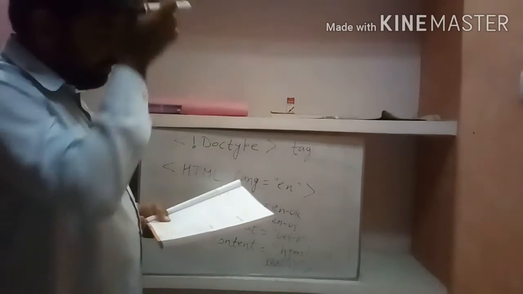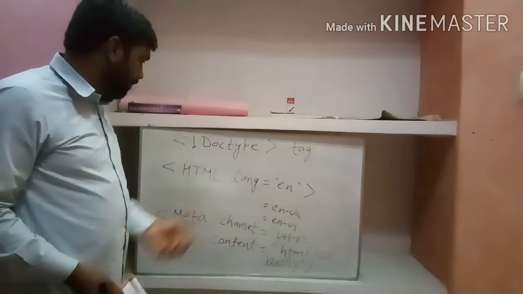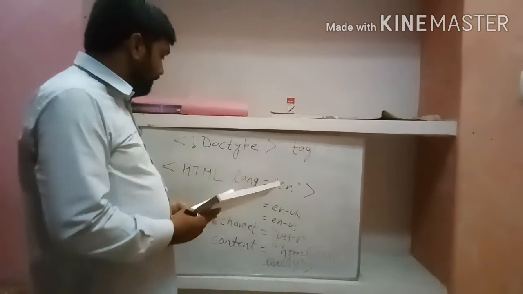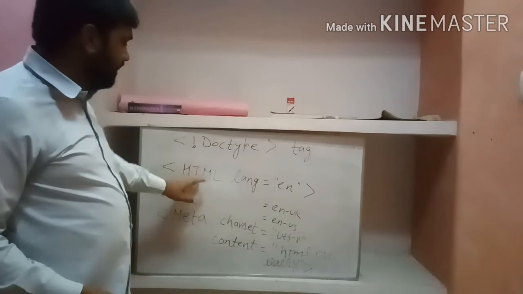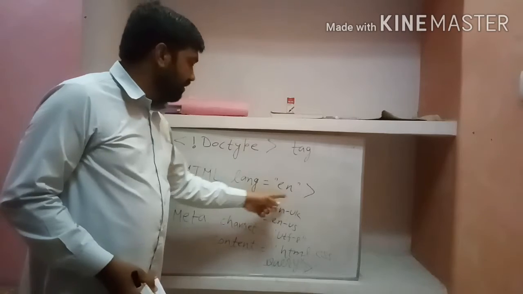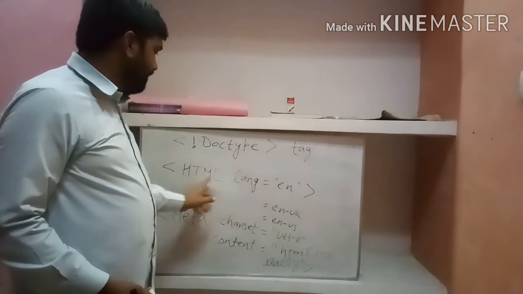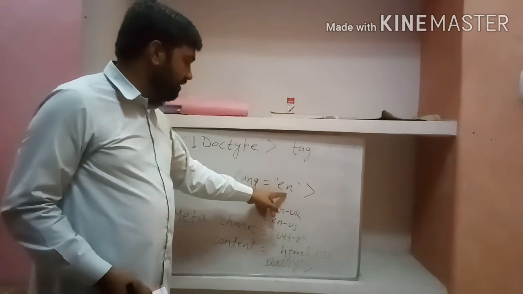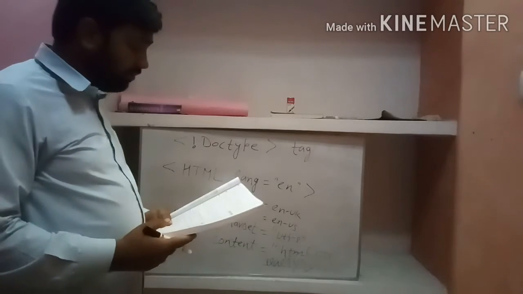So some guidelines are also there for writing the HTML code. Attributes provide more information about the HTML elements, so try to use more attributes. Second, attributes are presented in name-value pairs. Attributes are always written inside the angle brackets, in the name-value pair: the name, equals to, and after that the value. So lang is the name of the attribute which sets the property for the HTML tag, and en is the value. Value is always written in double quotation marks.